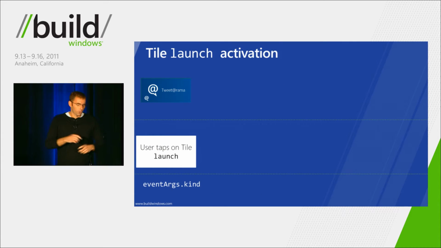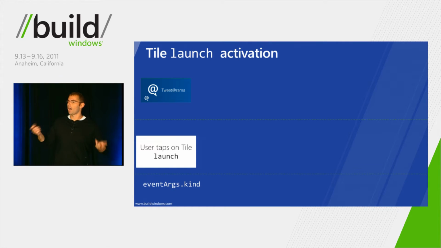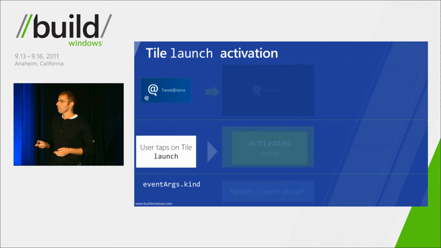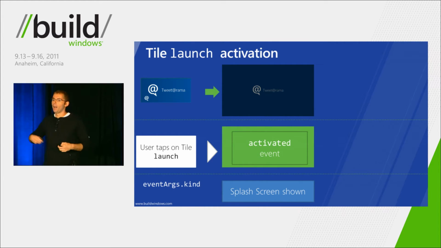So now let's tie this all together. So we'll walk through launching an application through tiles. So tapping on the Tweetorama tile. When this happens, the kind property gets set to launch, indicating that it was a tile launch activation. Then, when the activated code is now running for the app, the activated callback occurs. There are some event args that get passed in, and that's where you can inspect what sort of activation it was. So while this callback is happening, the splash screen is being shown,